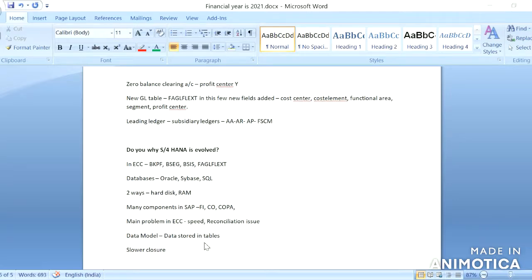If we ask end users what the issue is in closing the books on time, they explain that FI is not properly reconciled, or there are many manual entries which we need to post to make the accounts reconciled. So there are many issues with the existing system.